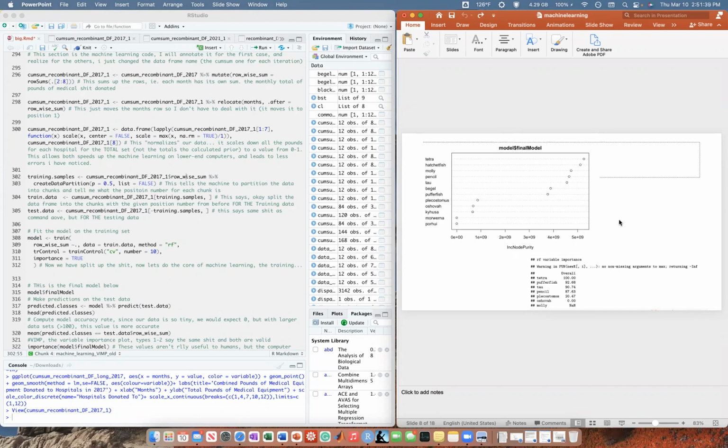So when I say decision trees, they actually tell you how important a variable is, because when they generate the trees, they're like, hey, if you go down this branch that goes to this variable, does that really matter a lot? And they found that these hospitals, Port Huai, or however you pronounce that, and Plecostomus, are pretty low on the importance versus Tetra. They said, hey, almost every decision tree had a branch that split into a lot of categories for Tetra. That's pretty important. That's the giant importance.